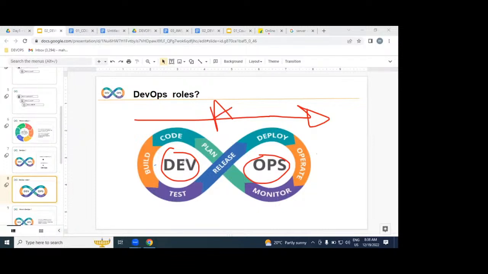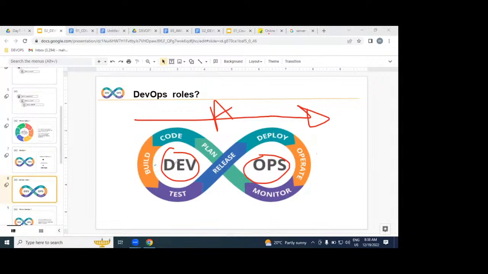For example, developers are writing a code, the lines of code, the software. The software is going to be moving into the production environment with an automated process. That automated process is going to be created by the DevOps engineer. That is the only role we play in SDLC. Developers write code, testers write test cases, the DB administrator and AWS administrator do their work. All the people together complete our SDLC process.